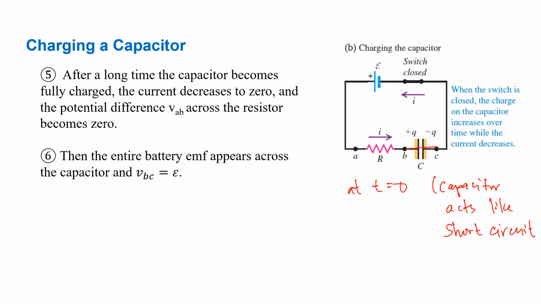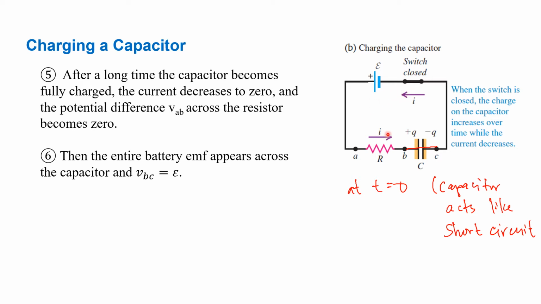So it's just like there's no capacitor here and you only have a wire in this area here. So you just have your battery and then your resistor. So that is the case at time equals 0. And keep on charging. So as time goes by, the current in your capacitor decreases, or sorry, the current in